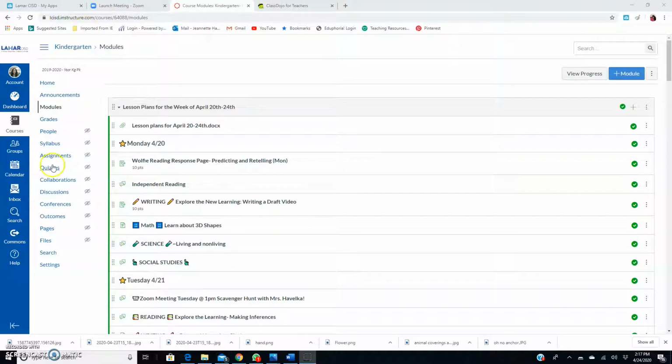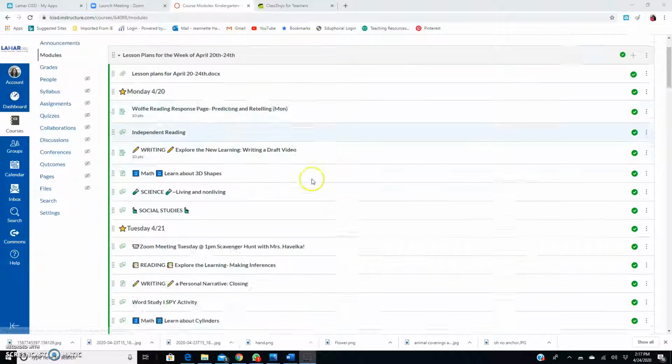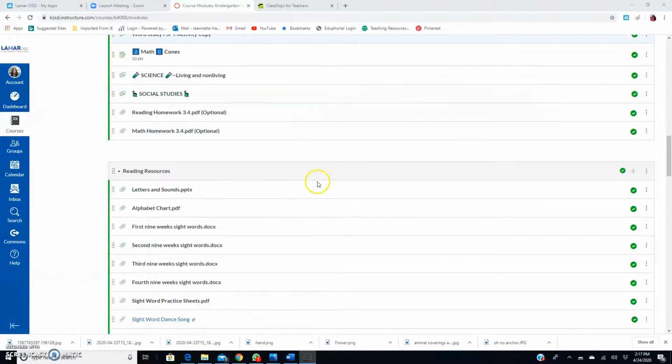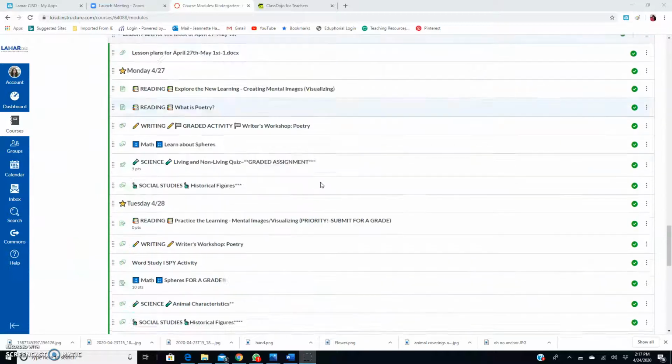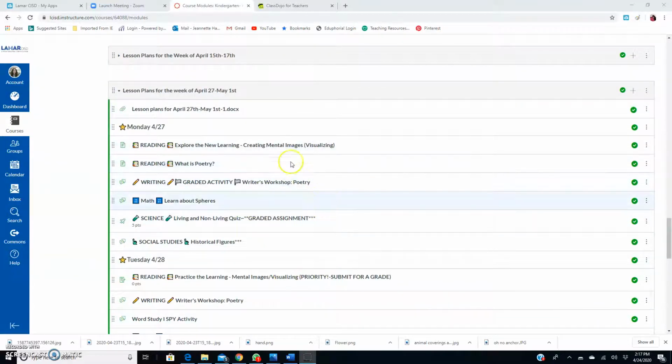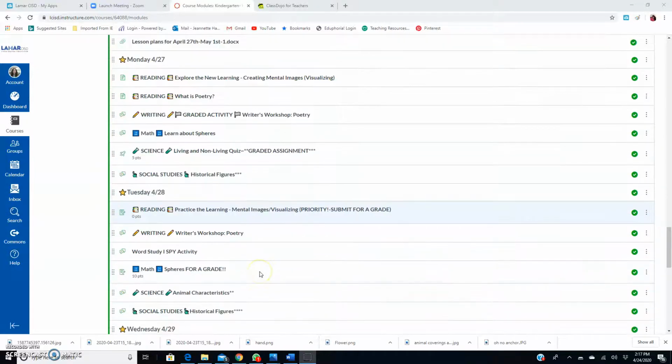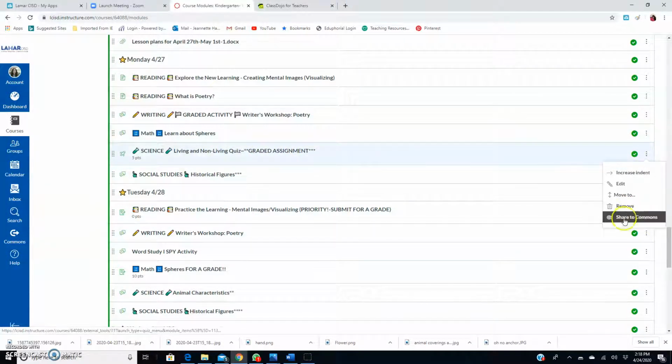Okay, so I am in my dashboard in my modules. So for example, these are next week's lesson plans. If I was trying to get, let me see, I think the science quiz. Okay, so you can either do it from here. If you click these three dots right here, you can say share to Commons,